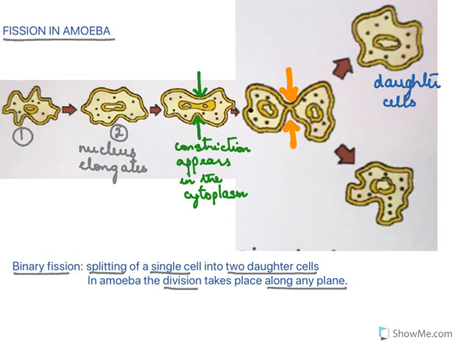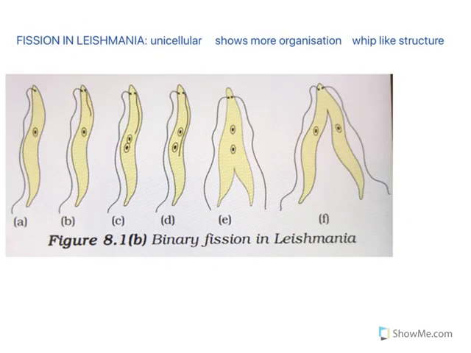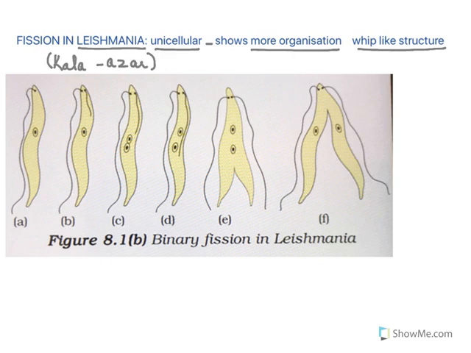It also undergoes binary fission and it's a little different from amoeba. In this slide we'll learn about fission in Leishmania. Leishmania is also a unicellular organism. This Leishmania causes a disease called Kala Azar. Unlike the amoeba, Leishmania shows more organization. Like it has got a whip-like structure. It's got a definite structure, a definite shape, and this whip-like structure is always present at the end of the